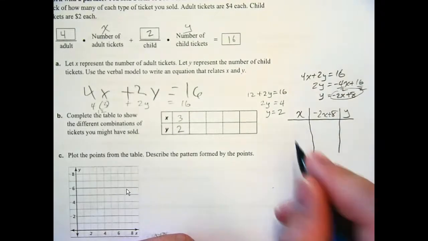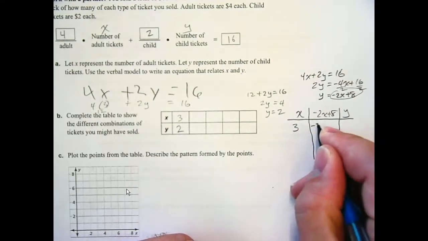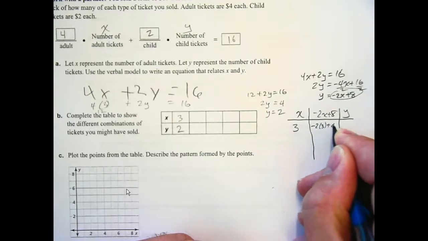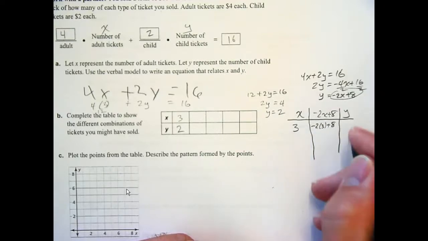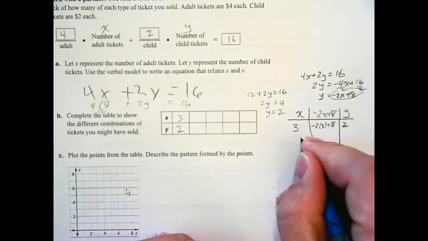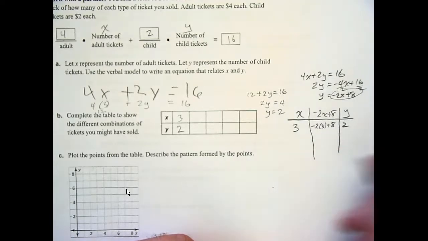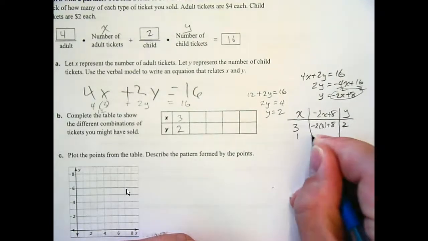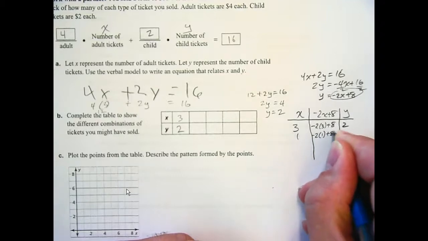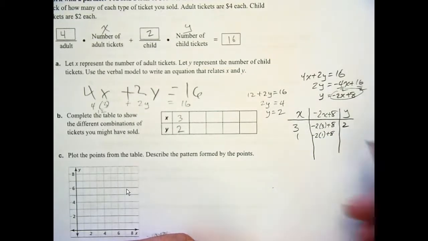Okay? I've got 3. We already know. Gunner told us negative 2 times 3 plus 8. That is negative 6 plus 8, or 2. What's another value I could use? 1. Negative 2 times 1 plus 8. Negative 2 plus 8 is